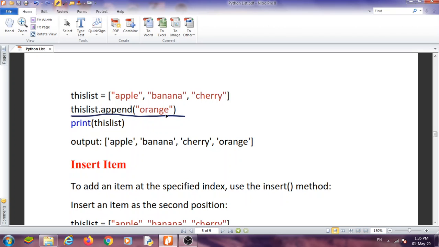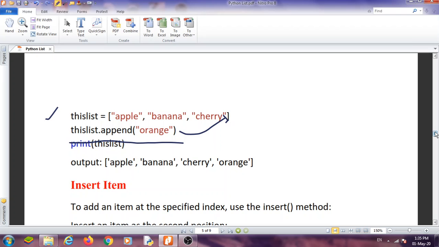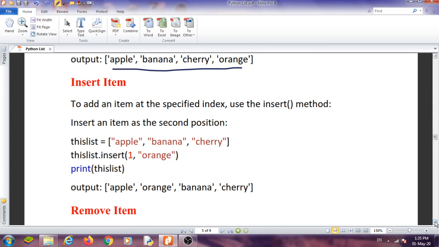Now orange will be placed at the end of the list, because a list is ordered, not unordered. Orange will be added at the end of the list.